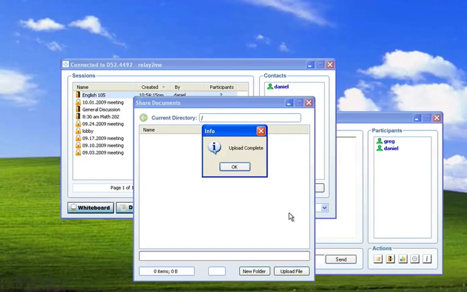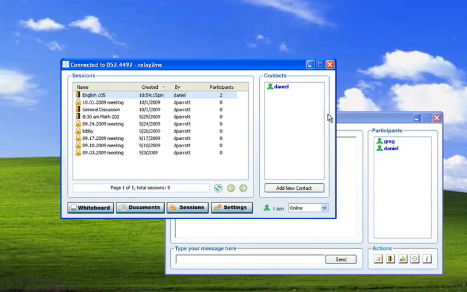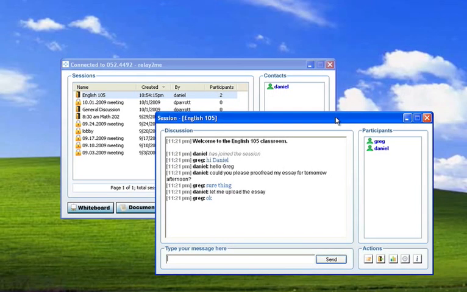and upload is complete. And now once you've clicked OK, then you see here is the file, and that has been uploaded. So once you've uploaded the file, your classmate or teacher can then download it. So Greg is now notified that he can then retrieve your document. And so let's then, for the sake of this tutorial, pretend like we are Greg. So I am Greg now,